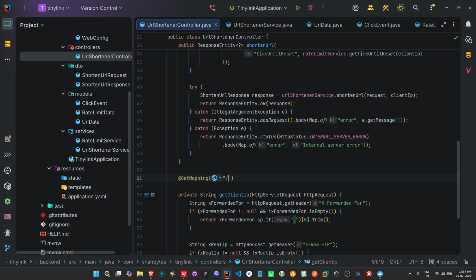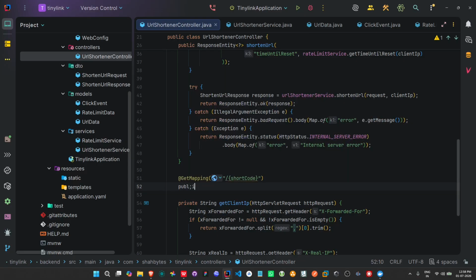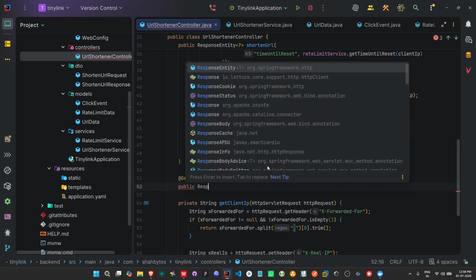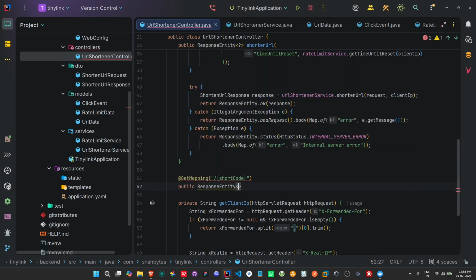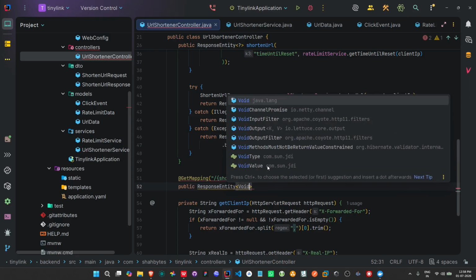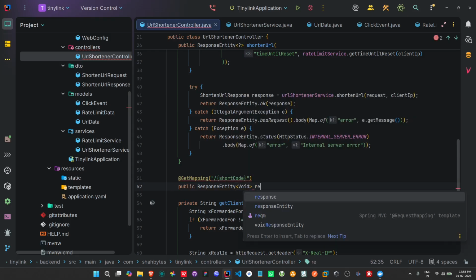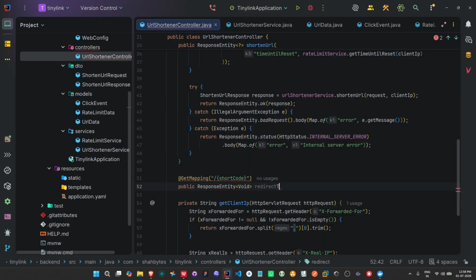Short code will be sent as a path variable. Then public response entity will not be returning anything, so void like this. We'll call it redirect to URL like this,